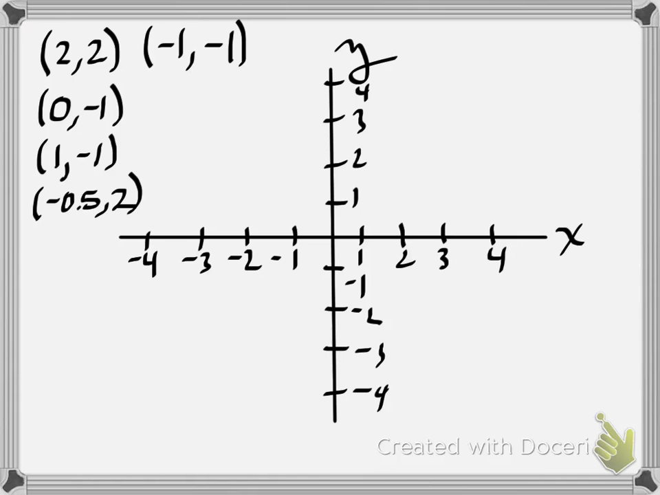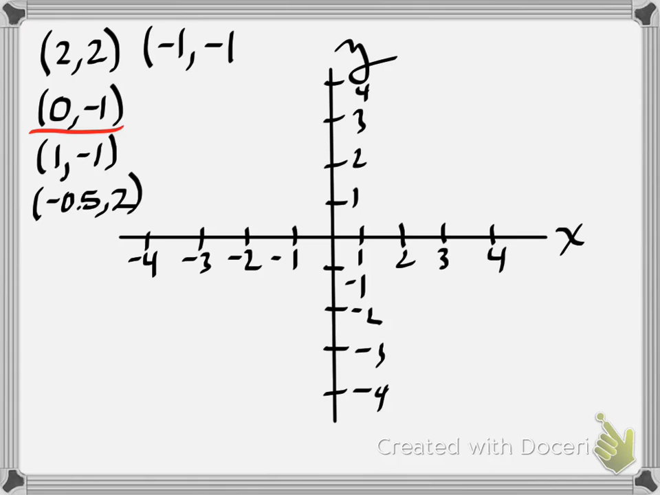And by a minute I meant 30 seconds, so this video isn't too long, so let's go ahead and graph these. +2, +2. We're going to go over 2, up 2, there's our point. So that's our point 2, 2. Which quadrant? We are in quadrant 1 for that one. Okay, so let's erase that. Now let's move on to